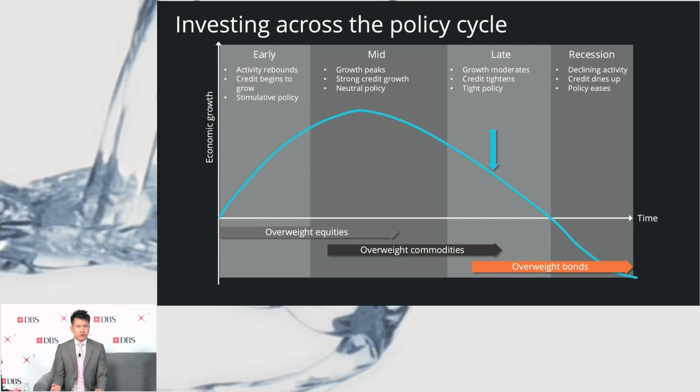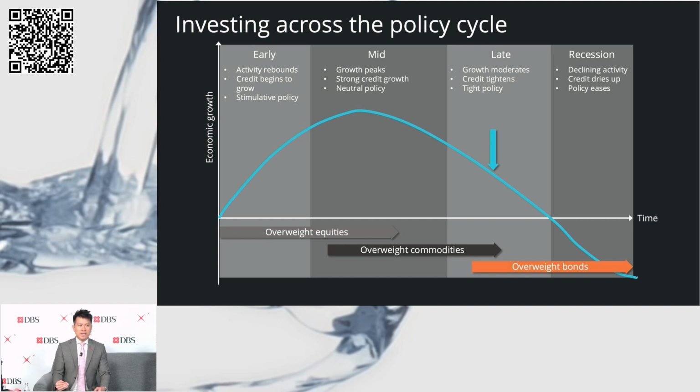Monetary policy is quite neutral, right? And that's where there are some developments in the commodity space, where you see commodities start to outperform. In the CIO office, we also talked about commodities last year in May, suggesting again that this is the part of the cycle where commodities usually do quite well.